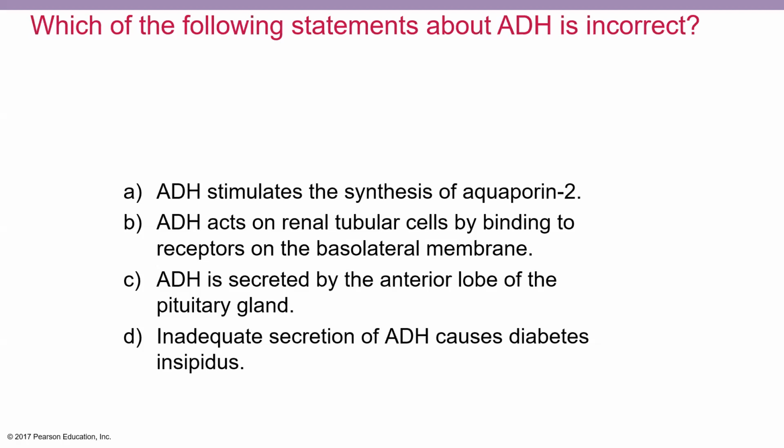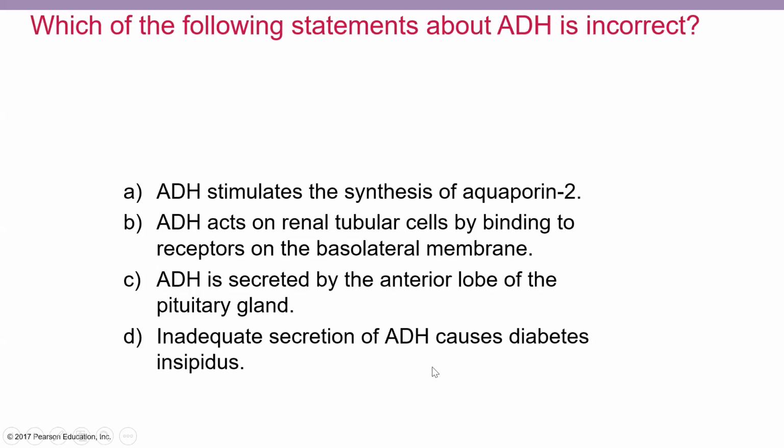This is not true, right? ADH is secreted by the posterior lobe of the pituitary gland. And if you recall our endocrine anatomy, the posterior lobe was where we had the neurosecretory cells, so the cells that are releasing the hormones that are actually made in the hypothalamus, and that was oxytocin and ADH. And then D, inadequate secretion of ADH causes diabetes insipidus. This is true. We did not speak about diabetes insipidus, but just for